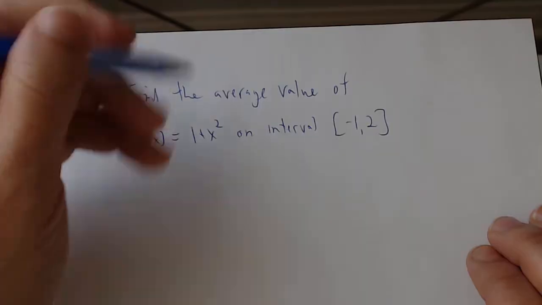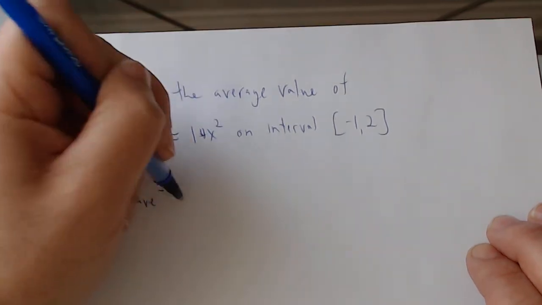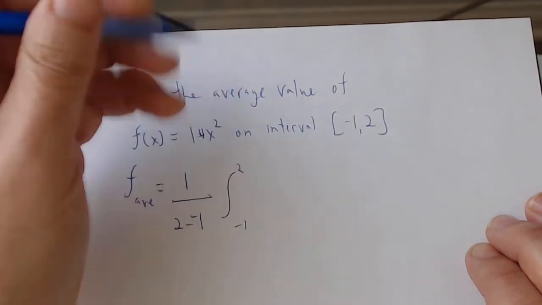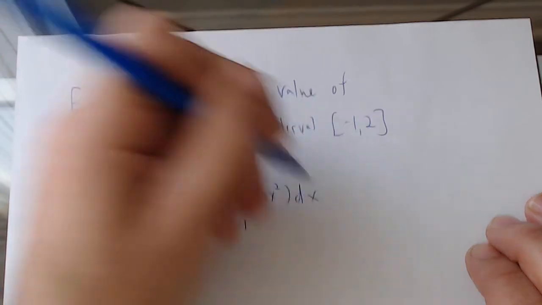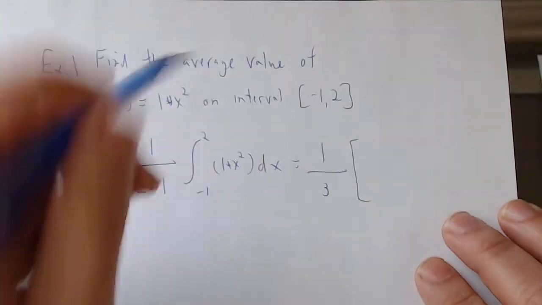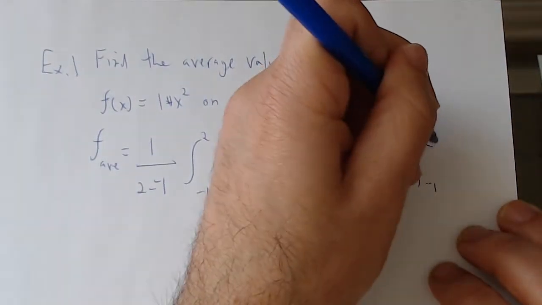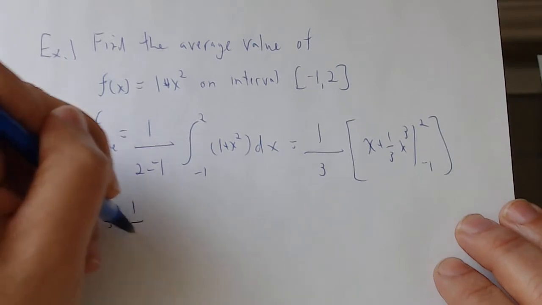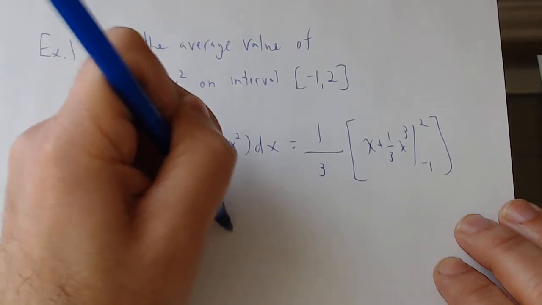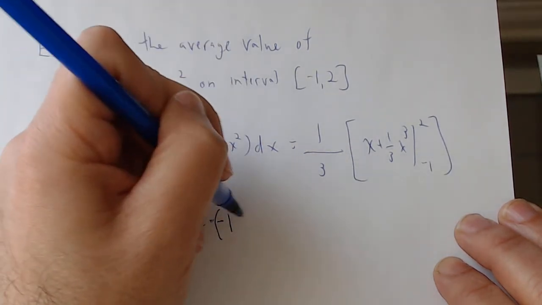Since 1 plus x squared is continuous everywhere, this definitely has an average value. So what is that going to be? f average equals 1 over 2 minus negative 1, integral from negative 1 to 2 of 1 plus x squared dx. So if we go through this, what does this become? 1 over 3 times, what's the antiderivative of that? It's just x plus 1/3 x cubed from negative 1 to 2. And we just plug in the upper limit, which is 2 plus 8/3. And then we'll say minus, or it'll be minus negative 1 minus 1/3,